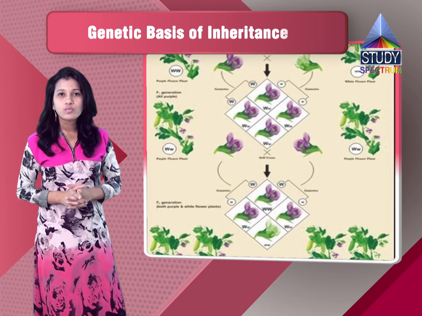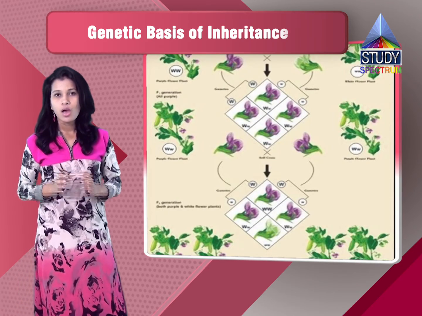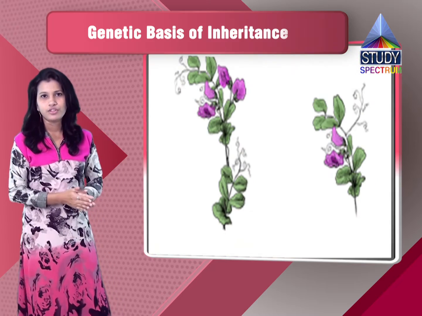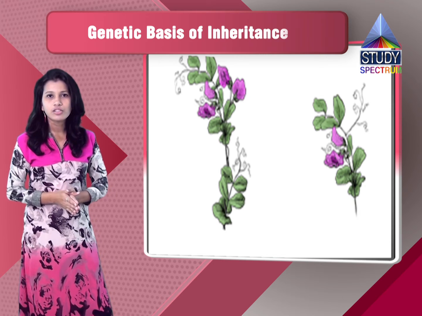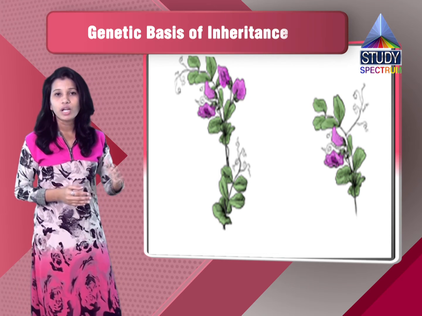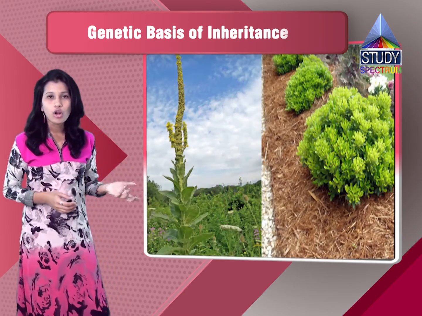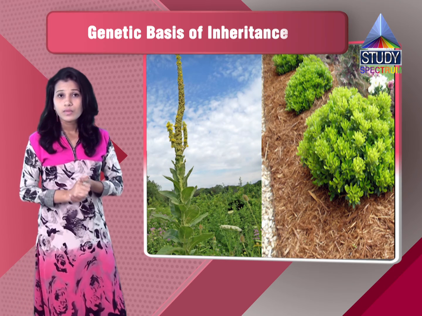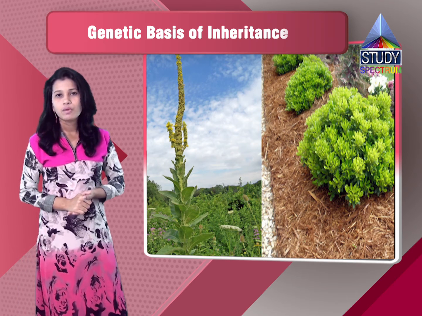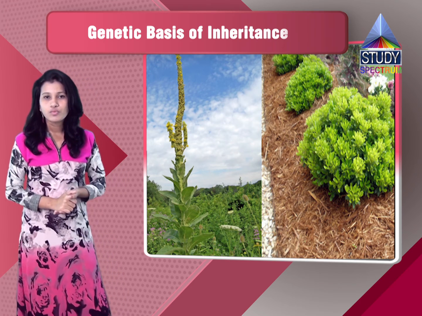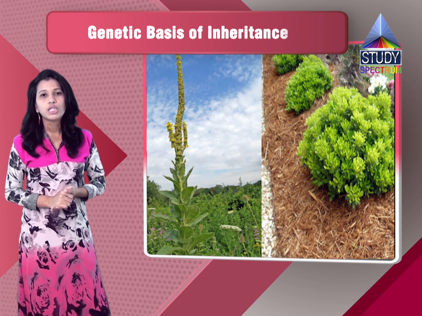While explaining this, we have to give a diagrammatic representation of the monohybrid cross, where we need to first show what is a P1 generation. Like it is given in the picture, P1 generation will be the parental generation. You can explain the phenotype of the P1 generation, the phenotype of the plant, you can take it as the tall and the dwarf one. Genotype for the tall plant will be capital T capital T, and for the dwarf plant will be small t small t. The gametes which are produced by the tall plant will be capital T only, and by the dwarf plant will be small t only.